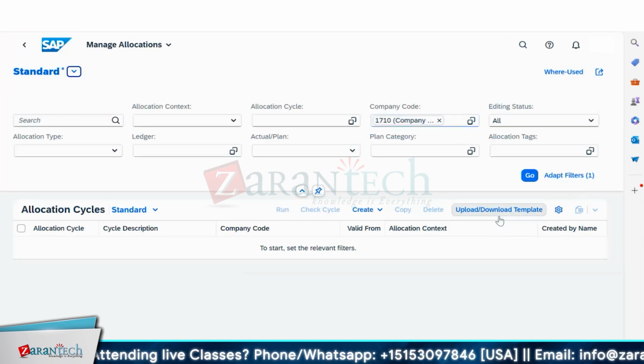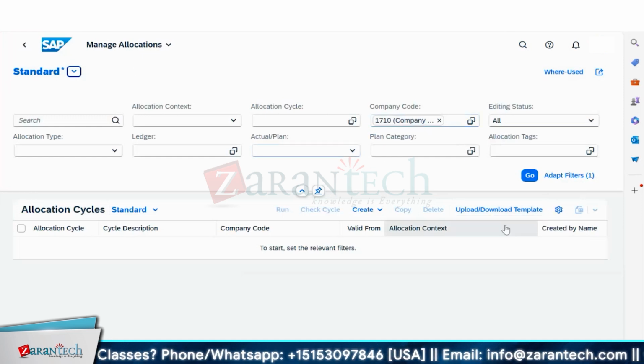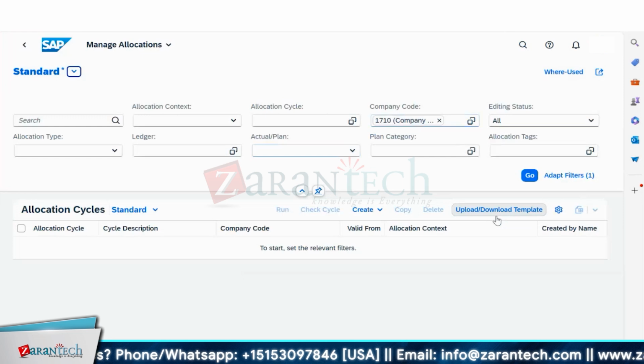This is the new functionality in this Fiori app, but this is also not full-fledged. I don't know whether you know, in GUI, creating assessment or distribution cycles by using an upload functionality, like an Excel upload or something,